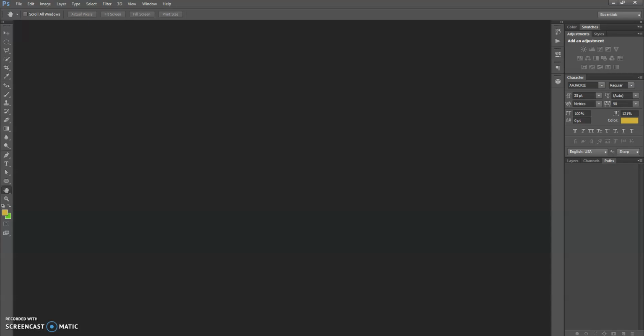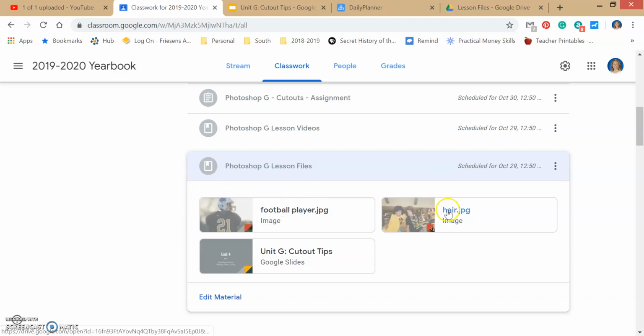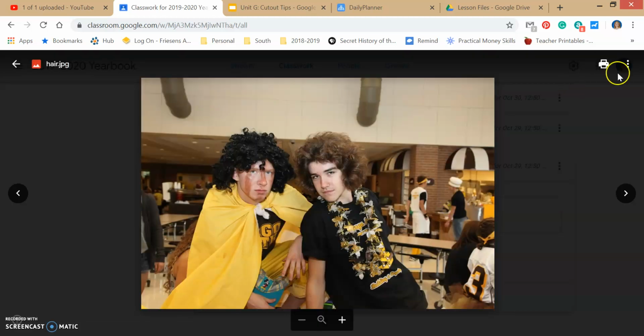Okay, in this lesson about cutouts, what I'd like to talk about is how to save a path, so that if you have to close your program, like for example at the end of the hour, and you need to come back the next day to work on it, you don't have to completely start over. So to begin, let's go to Google Classroom and we're going to pull down the hair image